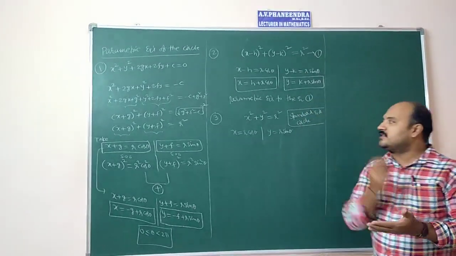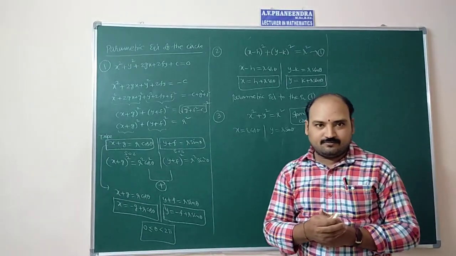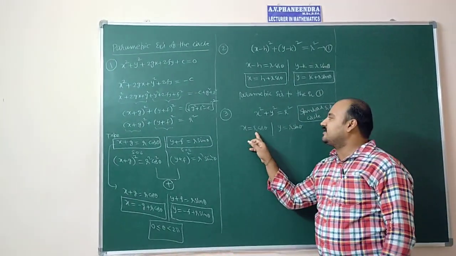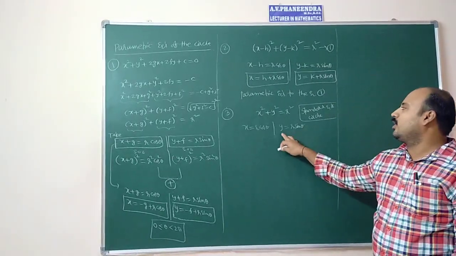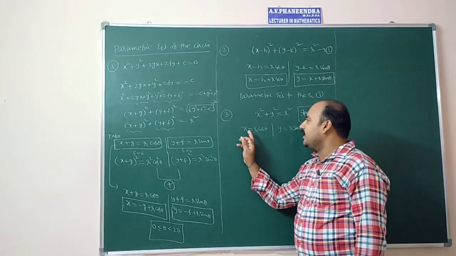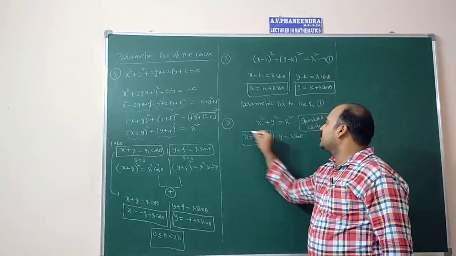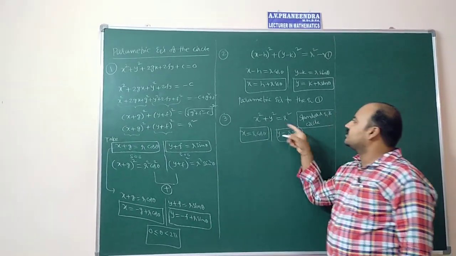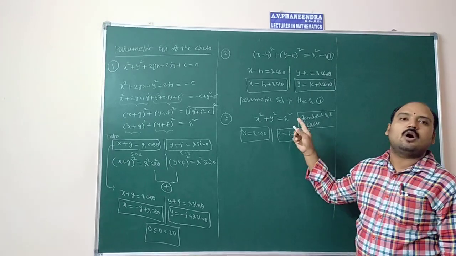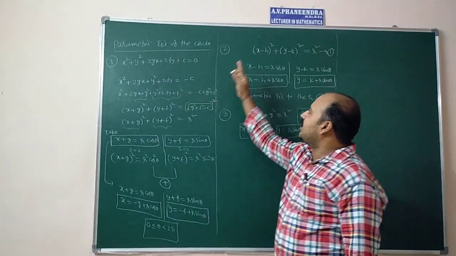Why do we have to take only x is equal to r cos theta? Why can't x be equal to r sin theta? The doubt will arise. According to the geometrical diagram, we get x is equal to r cos theta only; it won't come x is equal to r sin theta. That is the reason we take x is equal to r cos theta, y is equal to r sin theta. These two equations are called parametric equations to the standard equation of circle x square plus y square equal to r square. Now I am going to give examples regarding these three models.